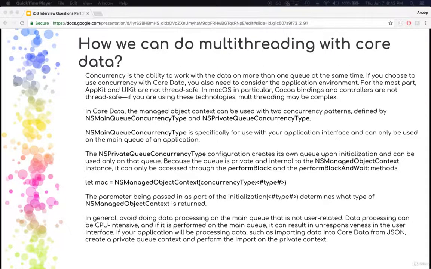All right. How can we do multi-threading with Core Data? So concurrency is basically the ability to work with the data on more than one queue at the same time. If you choose to use concurrency with Core Data, you also need to consider the application environment. For the most part, AppKit and UIKit are not thread safe. In macOS particularly, Cocoa bindings and controllers are not thread safe. So Cocoa bindings and controllers that you have in macOS are not thread safe. And if you're using these technologies,